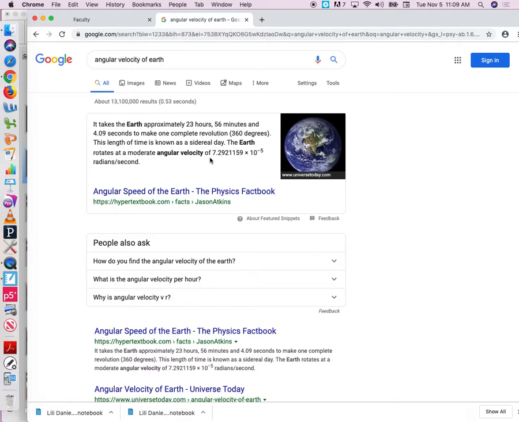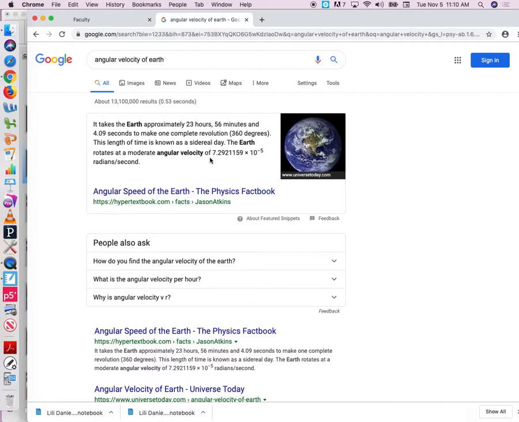And look how it comes up in what kind of measurement. It takes the Earth approximately, we knew this, 24 hours to make one complete revolution. But what did they give us the speed in? The angular velocity in what? Radians per second, okay? But we're already doing circumference and angles many times in radians anyway, based on your homework,